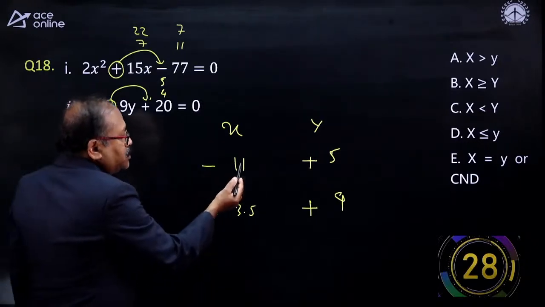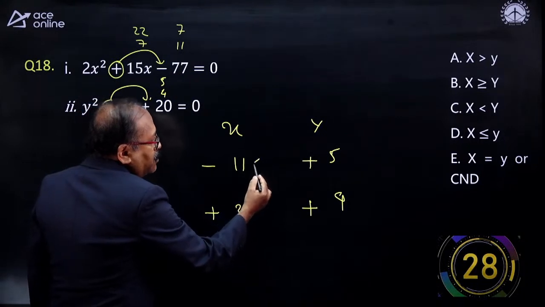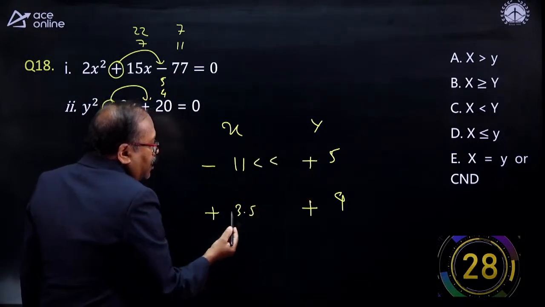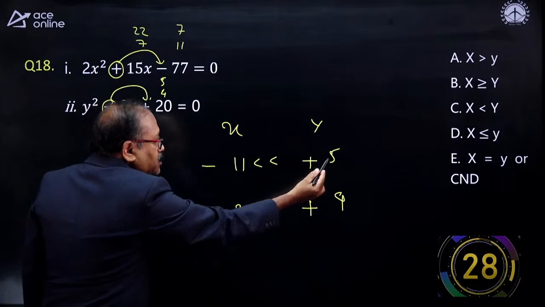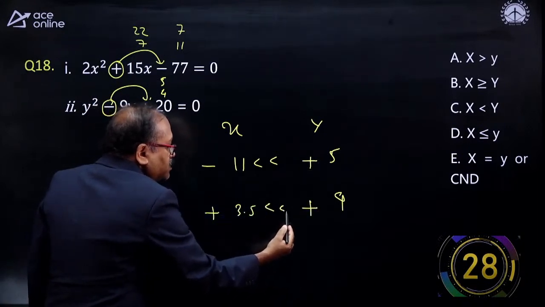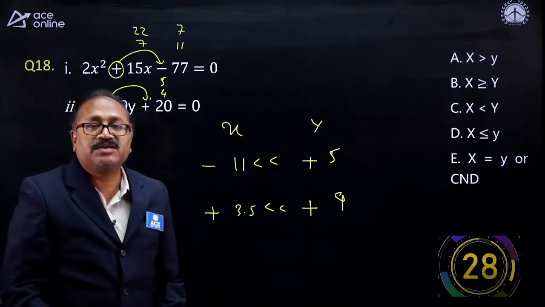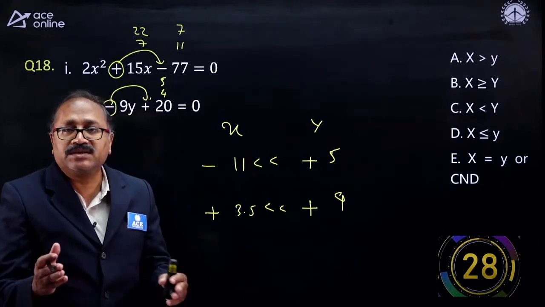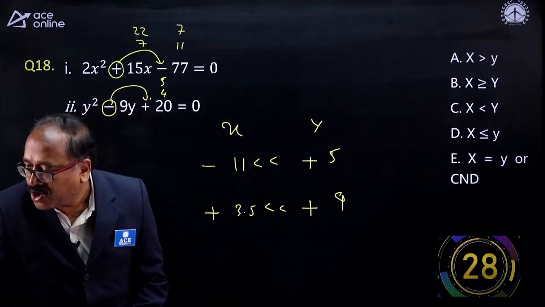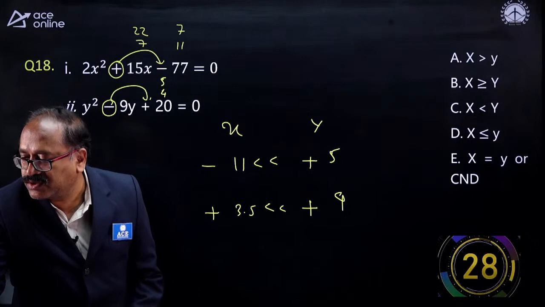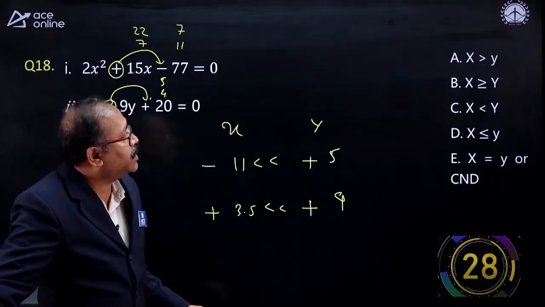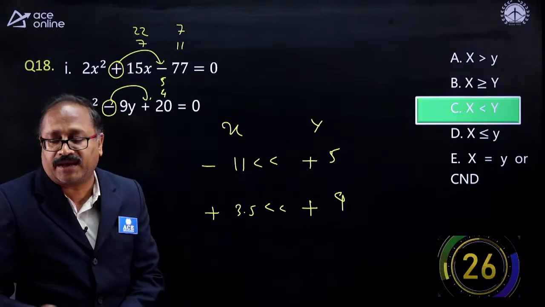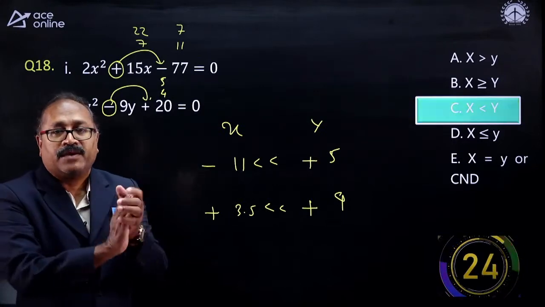So look at this one. This number is less than both the numbers. How about this part? This part is less than this and also less than this. Therefore, Mr. Sumit Pawar, x is less than y. Okay, that's right. Likita answered the question, Sumit Pawar answered the question. X is less than y. That's right. Option C. Well done.